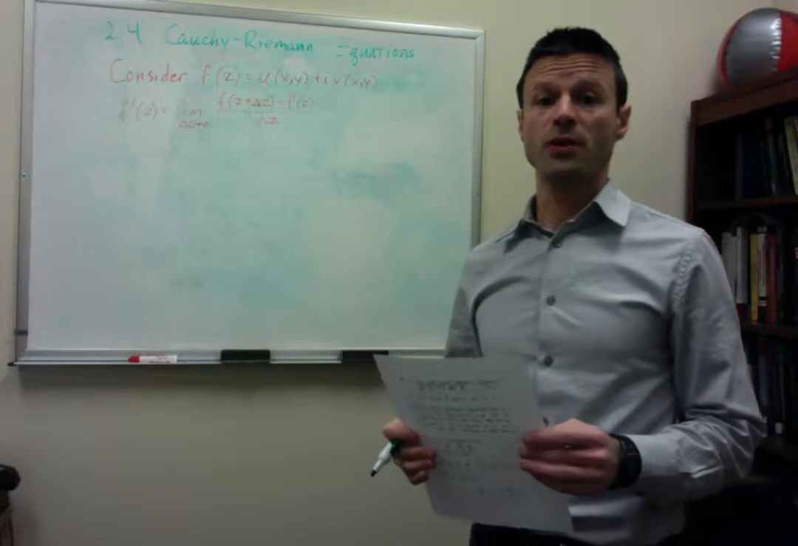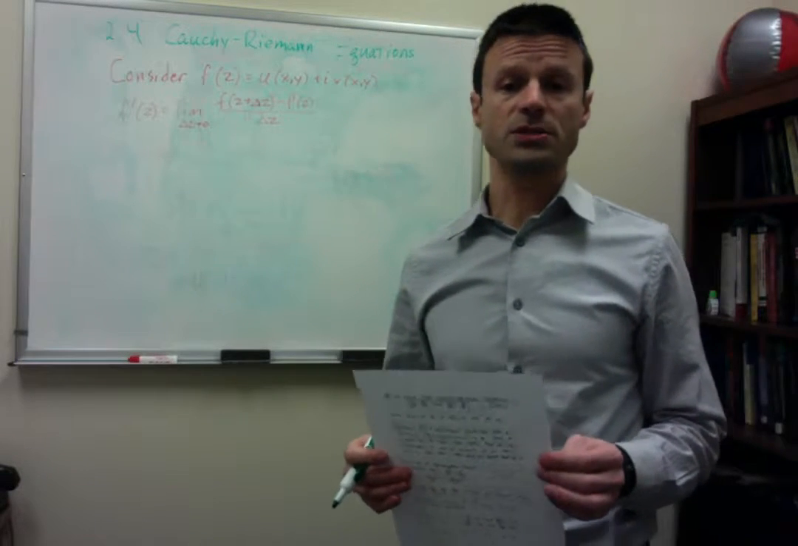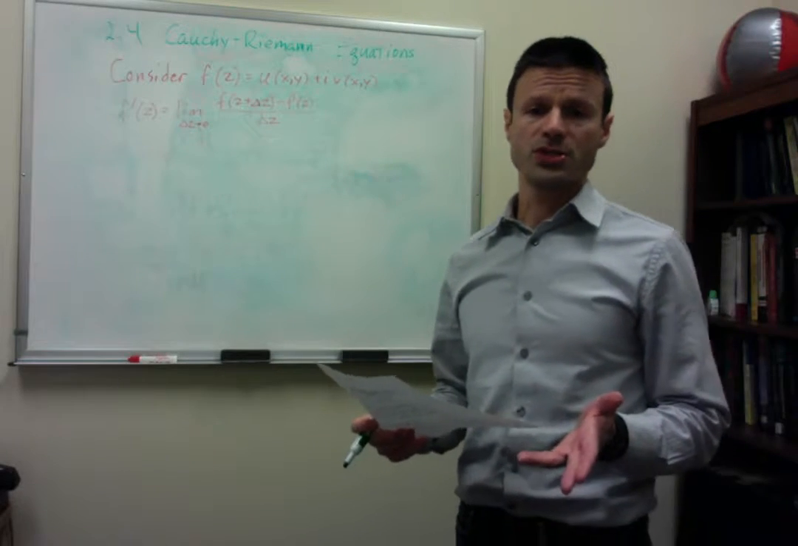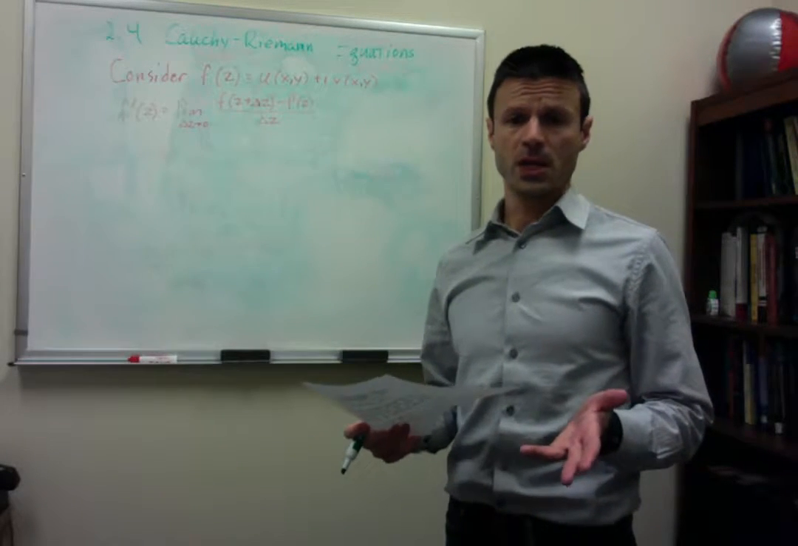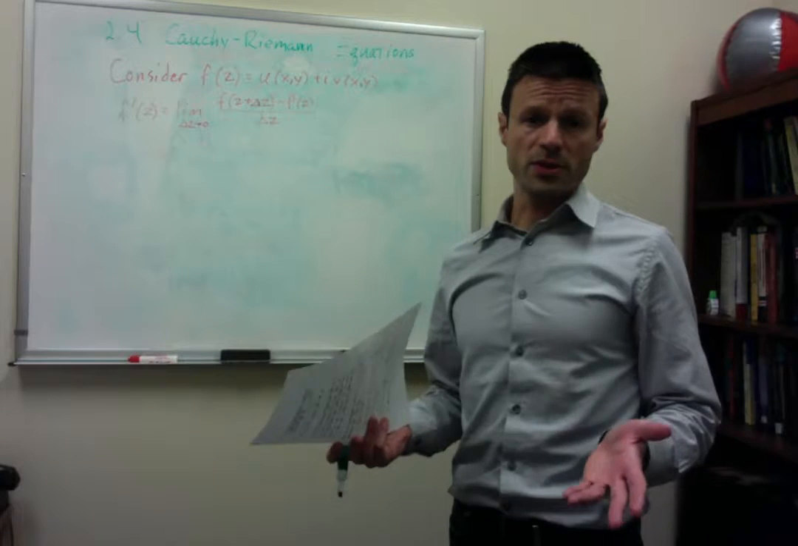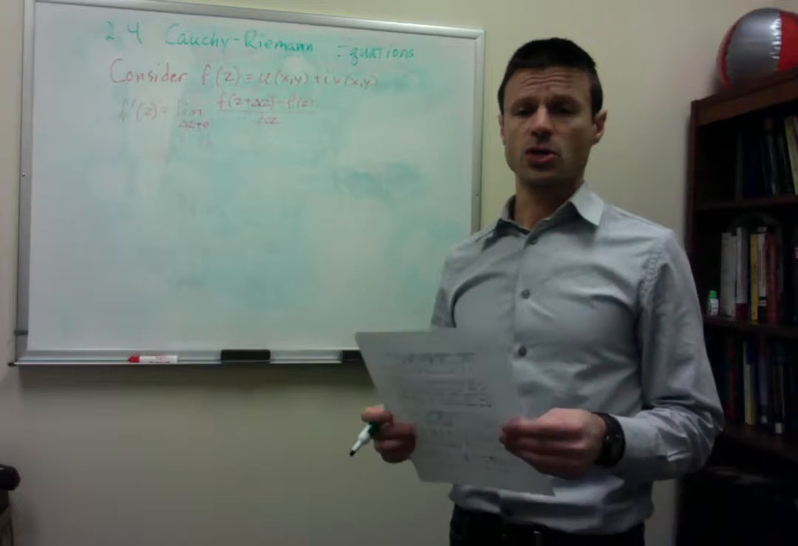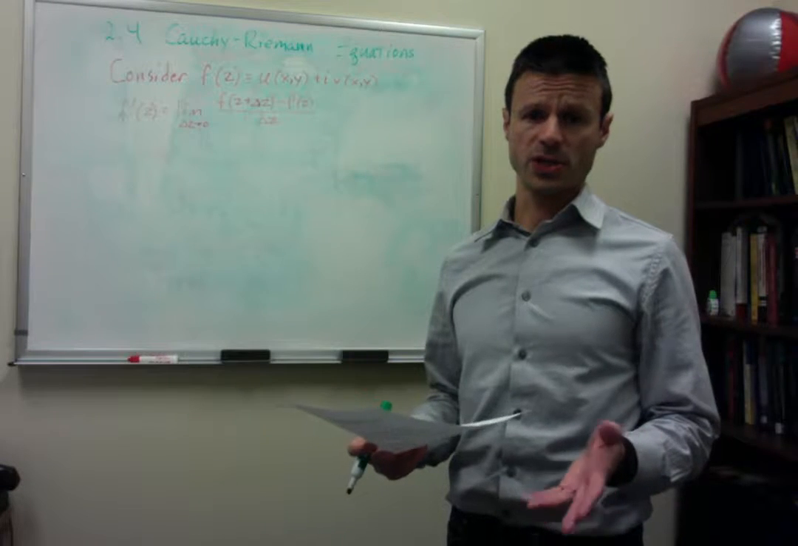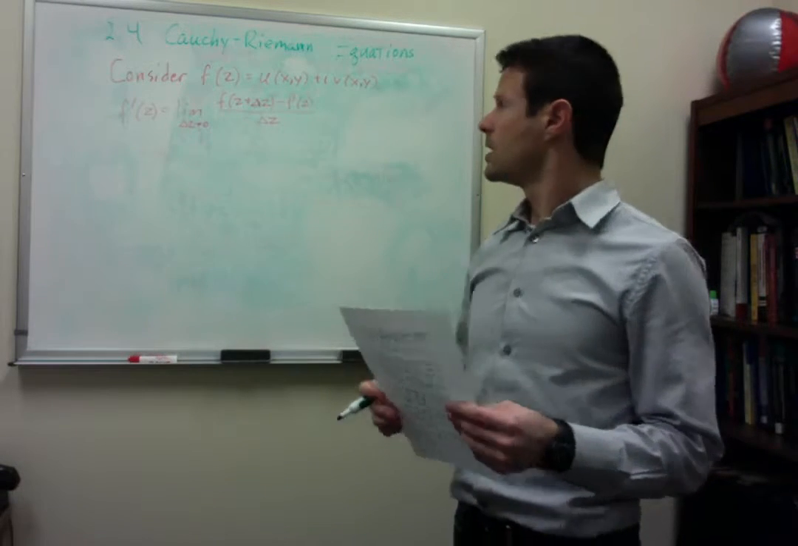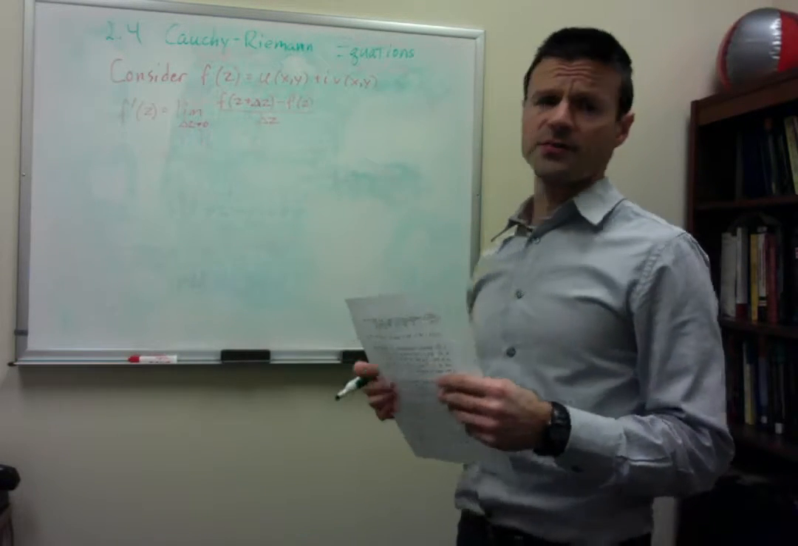So this is section 2.4, which is on the Cauchy-Riemann equations. What the Cauchy-Riemann equations are going to allow us to do is determine whether a function f is differentiable at a point. Okay. So to derive these Cauchy-Riemann equations, we're going to consider a function f that has a real part,